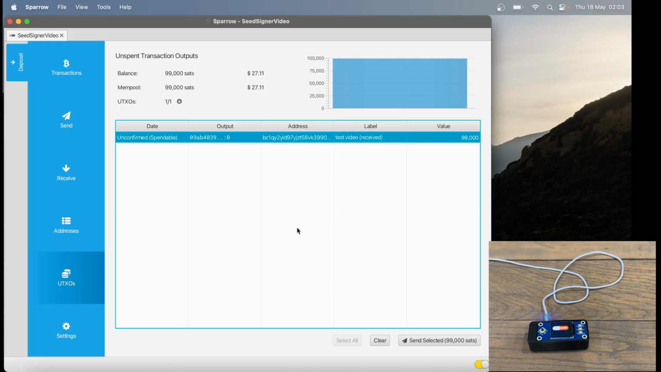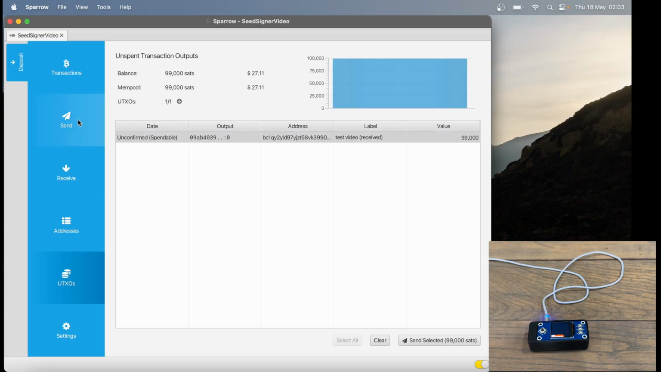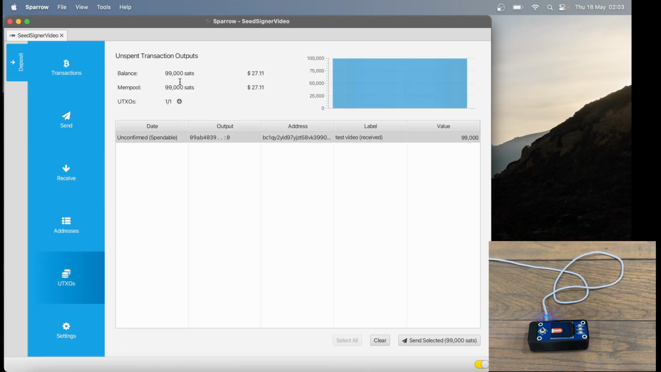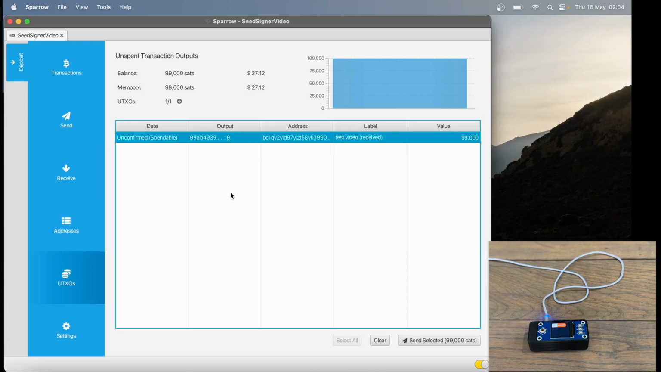There are two ways to build a transaction in Sparrow. Firstly, we can just click on send and then enter our address and all the details and so on. Or we can go to UTXOs and select the specific UTXO we wish to spend. This can become very useful if you have many UTXOs here and you wish to spend a particular one. So in my case, I only have this one UTXO, so I'm just going to click send over here,